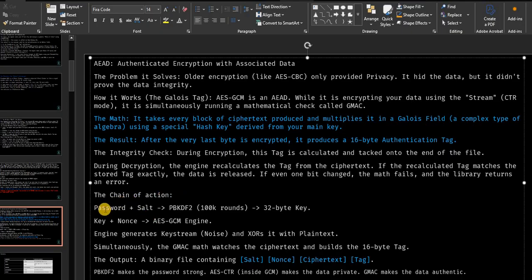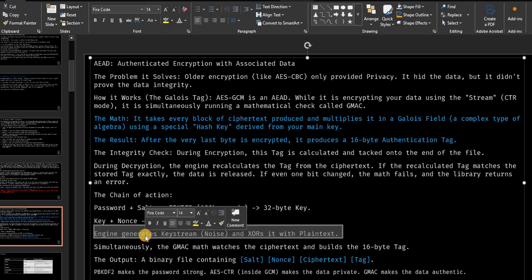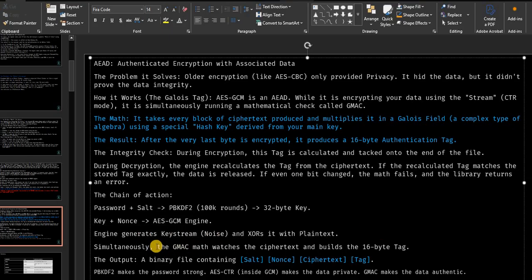So this is the chain of action. Normally the password that the user supplies is salted with the PBKDF2 function, and it returns a 32-byte key. The key plus nonce goes to the AES-GCM engine, and the engine generates a key stream, a noise, and XORs it with the plaintext. We don't need to worry about these things, because when we call an encrypt function, it does it for us. At the same time the GMAC math happens on the ciphertext and builds a 16-byte tag,